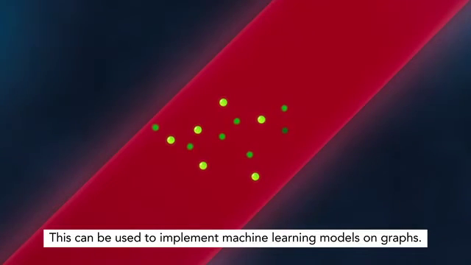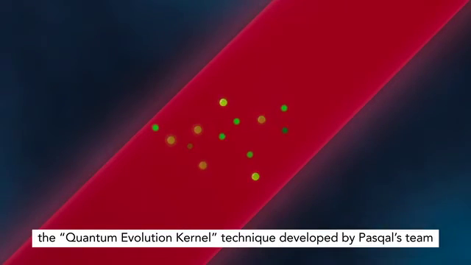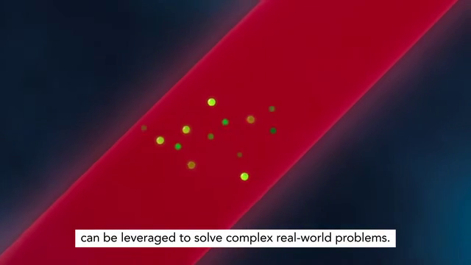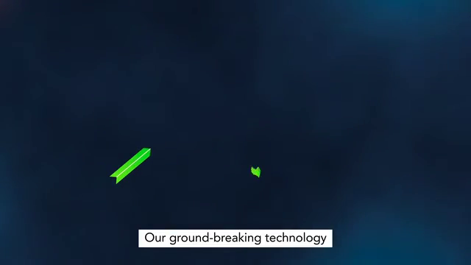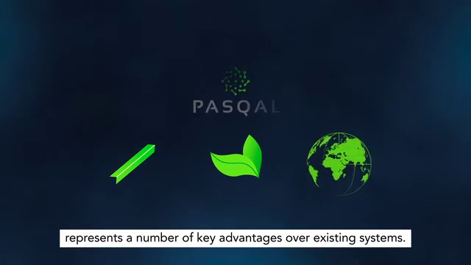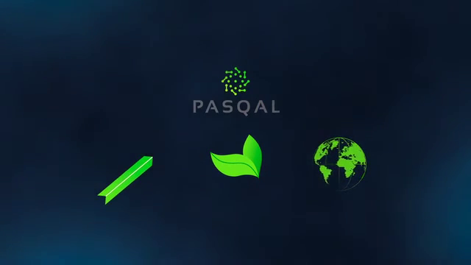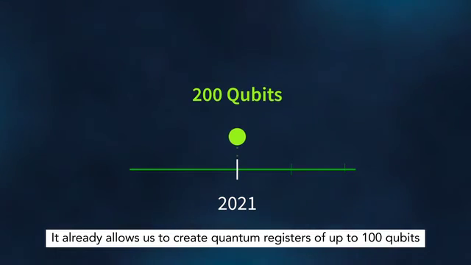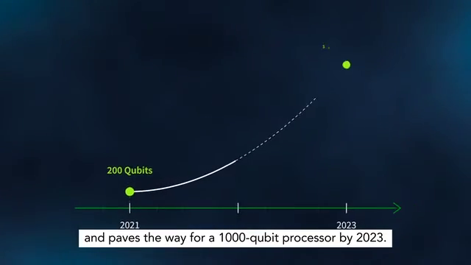This can be used to implement machine learning models on graphs. For instance, the quantum evolution kernel technique developed by Pasqal's team can be leveraged to solve complex real-world problems. Our groundbreaking technology represents a number of key advantages over existing systems. It already allows us to create quantum registers of up to 200 qubits and paves the way for a 1,000-qubit